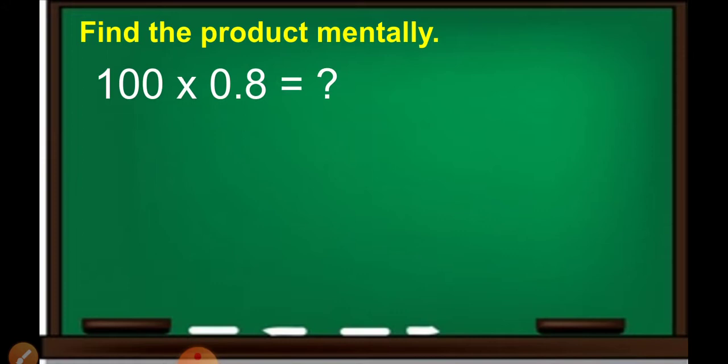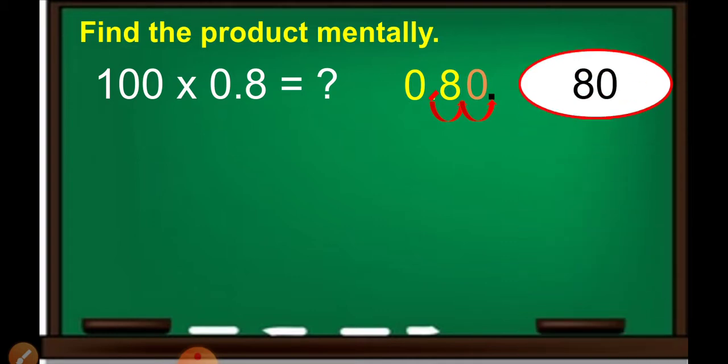Next, 100 times 0.8. So the given power of 10 is 100 and there are 2 zeros in 100. So we will move the decimal point 2 places to the right from the given 0.8. So let's move 2 places to the right, 1 and 2. Then annex 1 zero and transfer the decimal point and cancel the given decimal point. And the final answer here, or the product, is 80. Next,